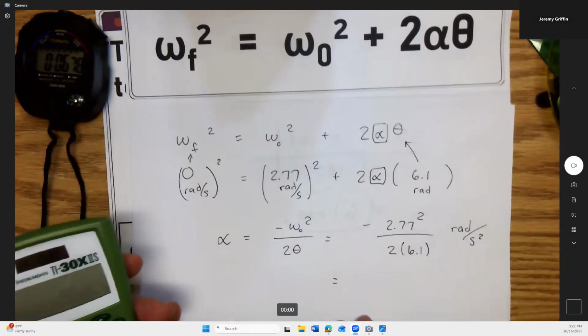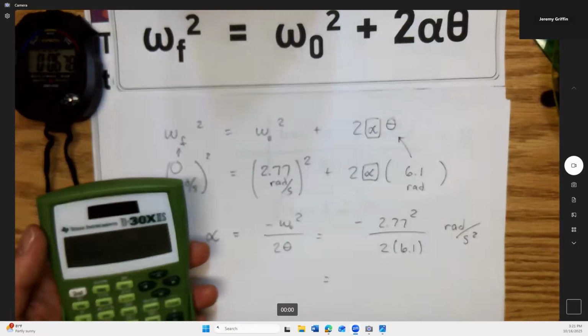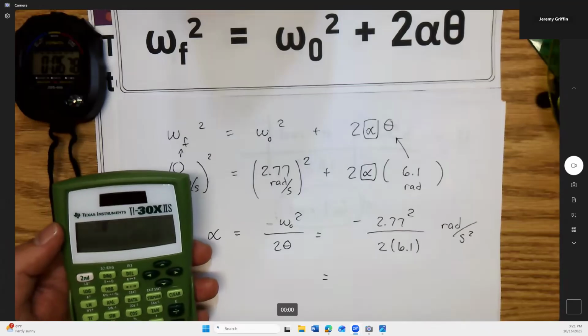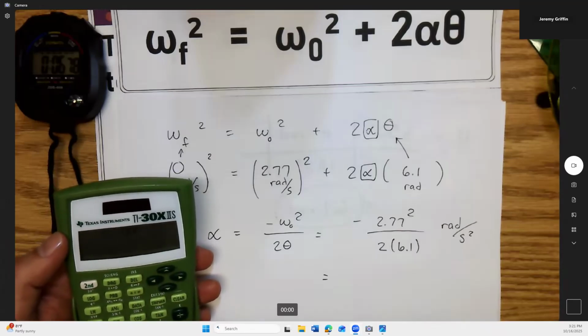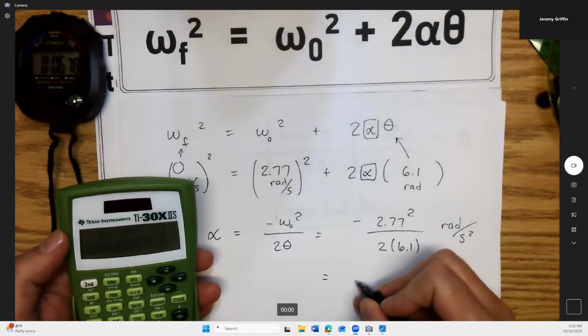Now, of course, your numbers are different than mine, but they should be kind of comparable. Should be in the same ballpark. If you get a billion, there's probably something wrong. Maybe 2.77 squared divided by 12.2. Okay. So mine turned out to be negative